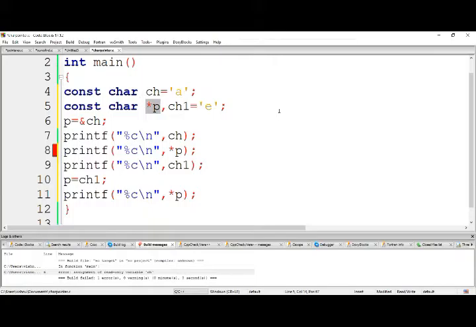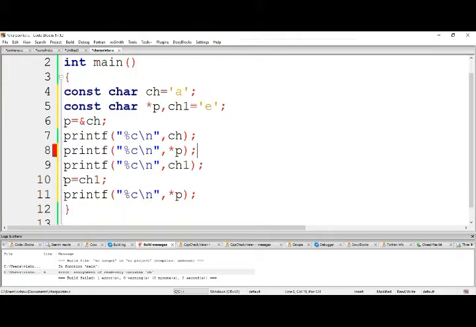First value is a, ch. Then star p, we are dereferencing the pointer here. Now it becomes a. Here ch1 means e.